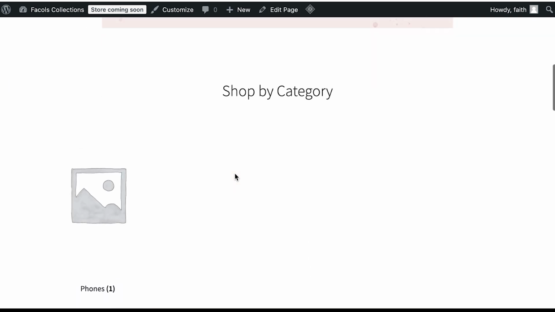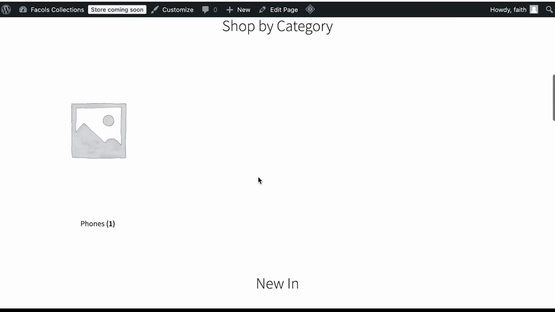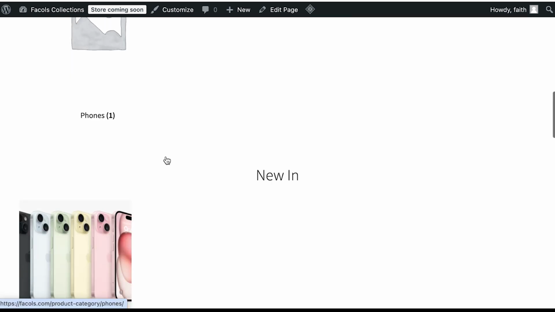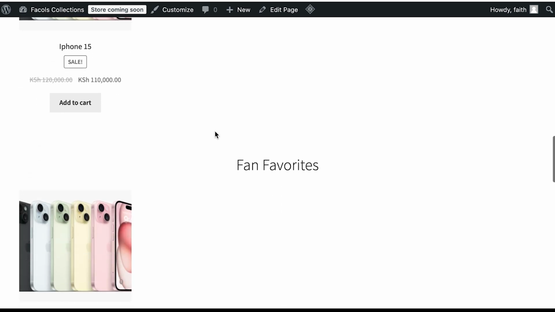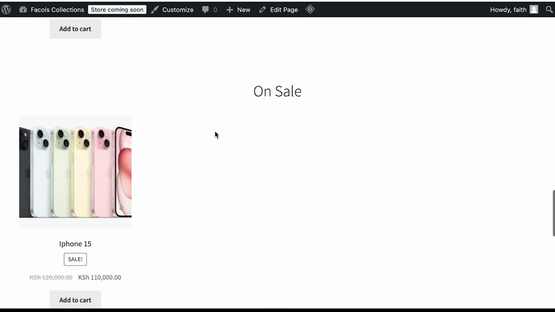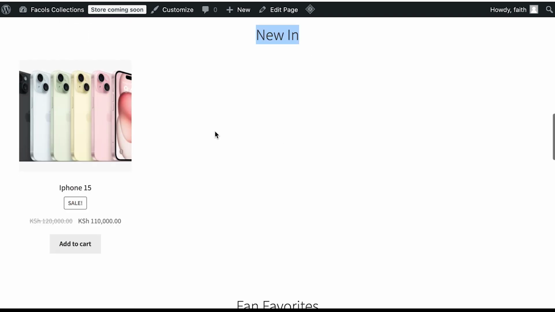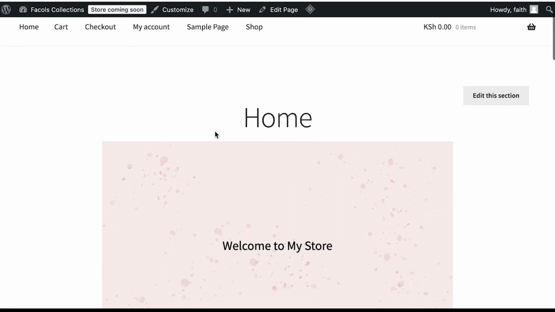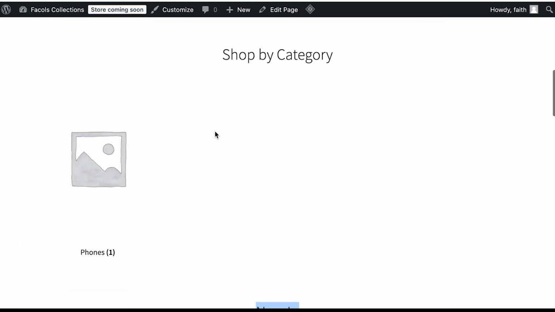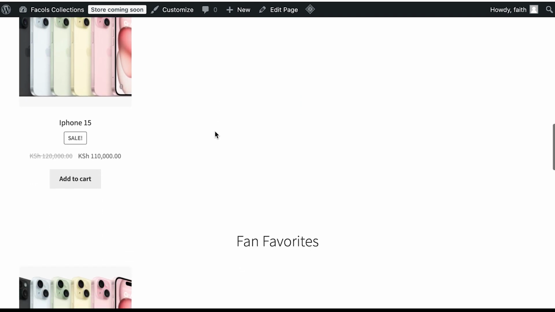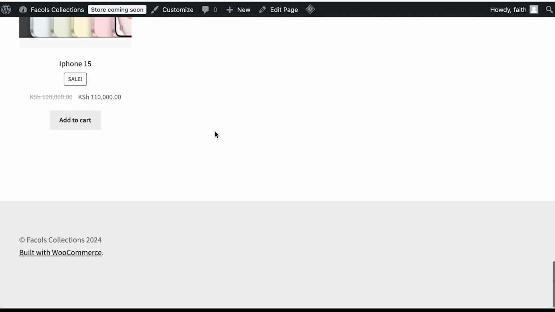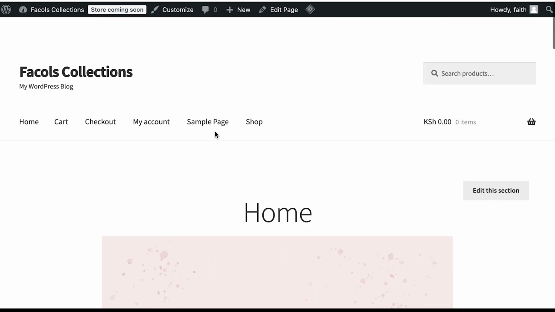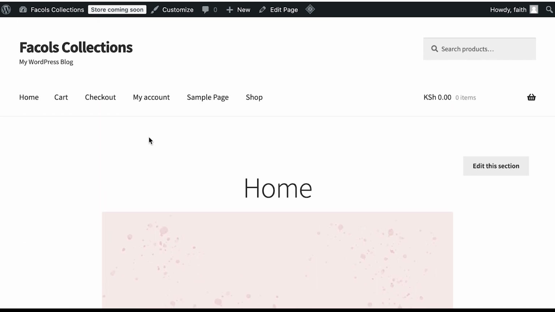And if you come to the homepage, you can see that as you add products, they are also added to your homepage in different places. You can customize this as you want. When you have time, just explore your dashboard and find out how to customize this storefront theme to make it more spicy. But for now, you can see it's starting to take good shape. So you can continue to play around with it and see what other options you can